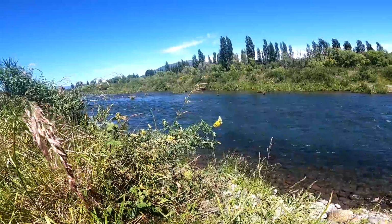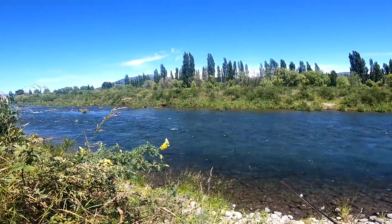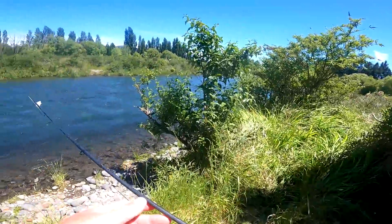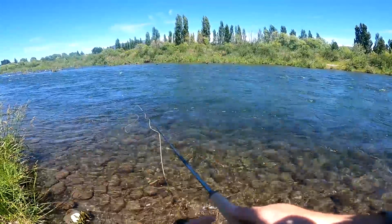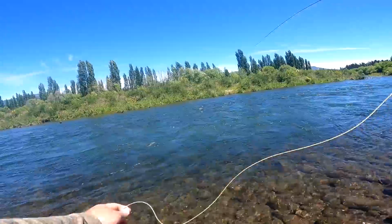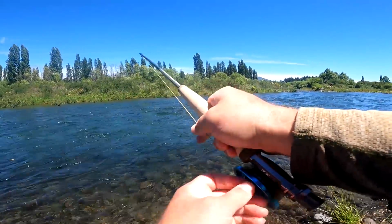Aha! I've just found a fish, and I don't know what it is. Pretty sure that's a rainbow, but it's a nice rainbow. He's in quite close. Got him. It's very tricky to see this guy, so I'm...